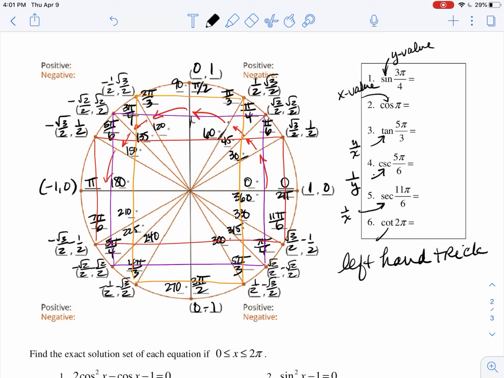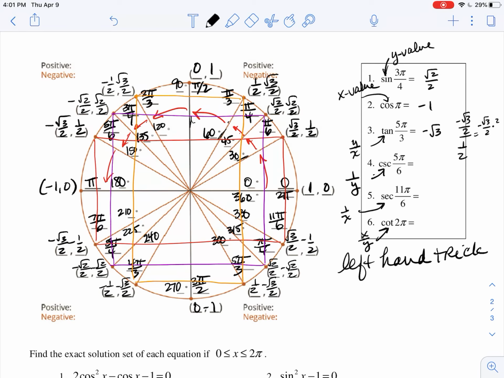Tangent is the ratio of the y divided by the x. Cosecant is 1 over the y. Secant is 1 over the x. And cotangent is the x over the y. And I can just run through the answers real quick. This is going to give you square root 2 over 2, -1, negative square root 3, and that is a little